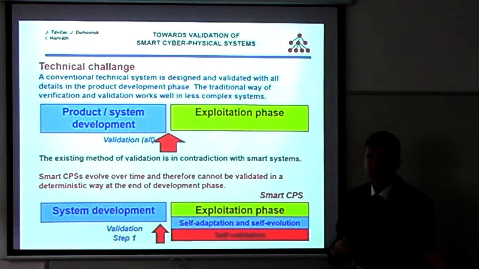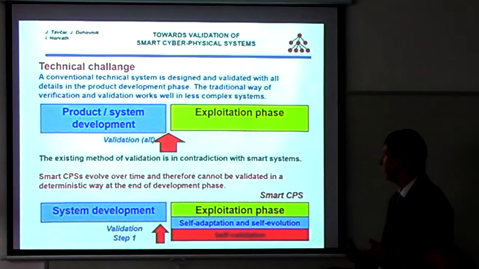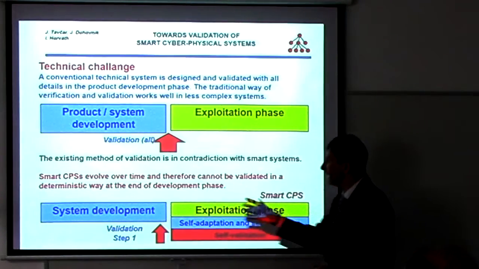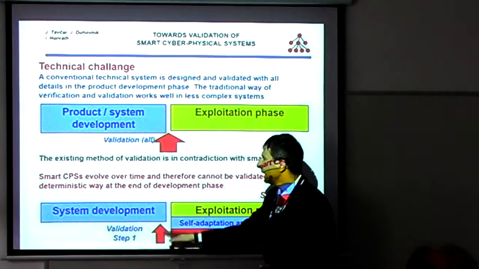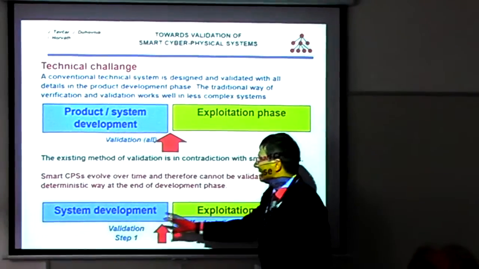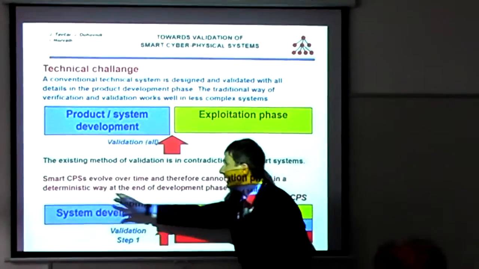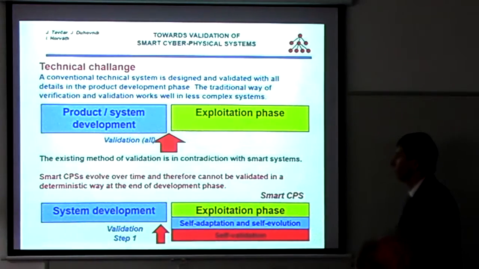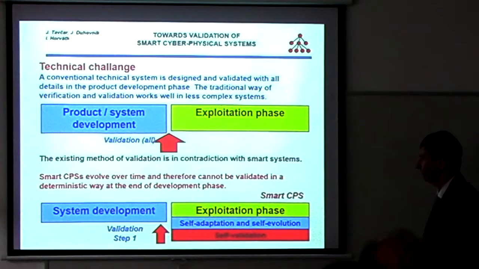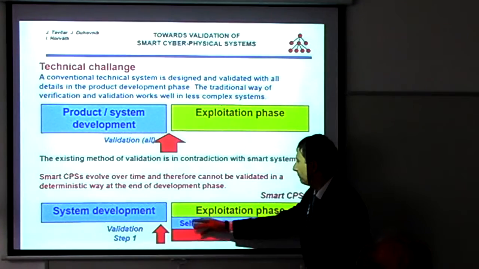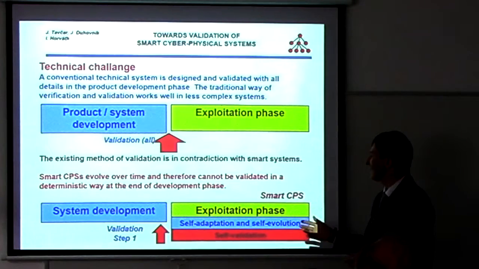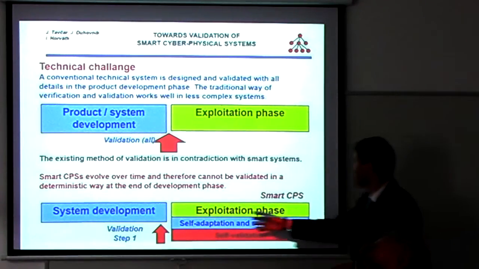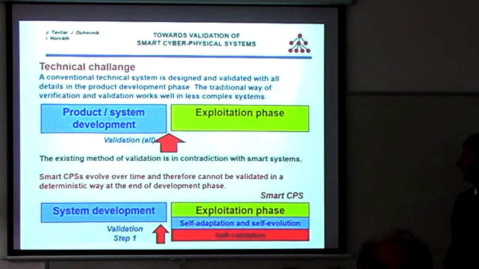the specific feature of a smart system is that it adopts characteristics and evolves through the exploitation phase. That means the system after 2 years of operation is different from what it was at the end of the development phase. Therefore, it's a tough job to validate a system that is going to develop further. That means we need to build in self-control and self-validation features that enable this self-adaptation of the system in later phases.